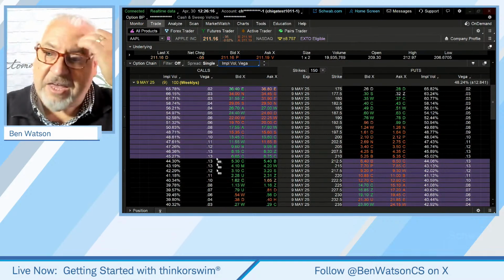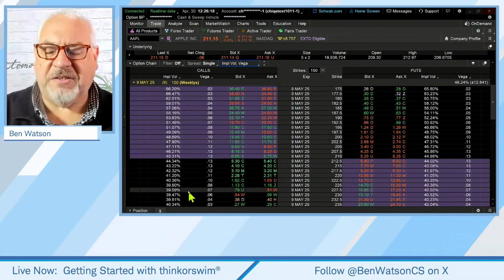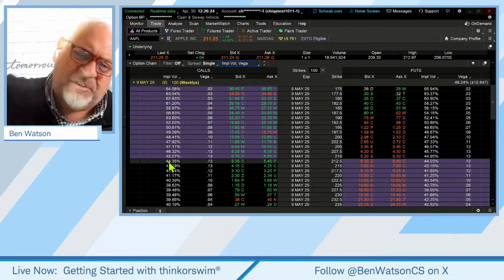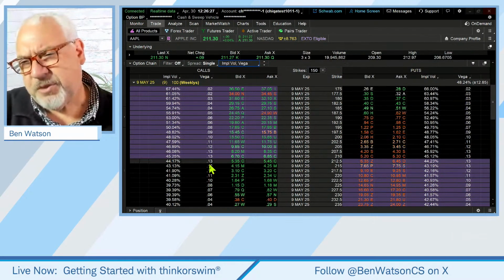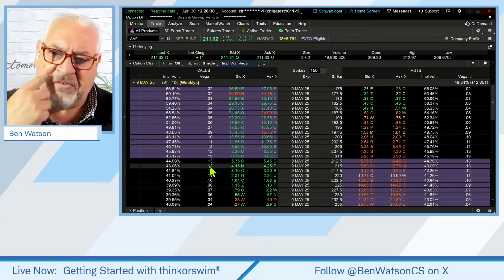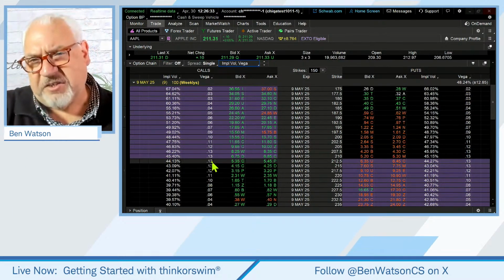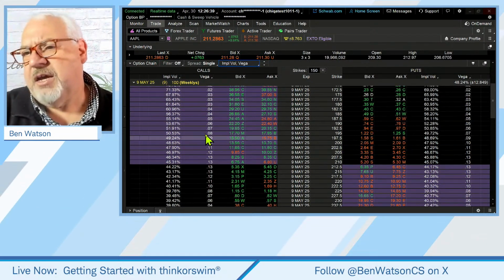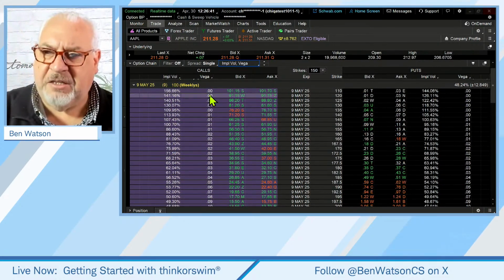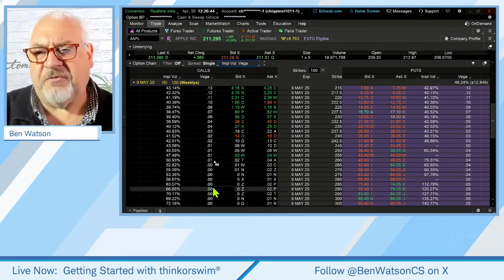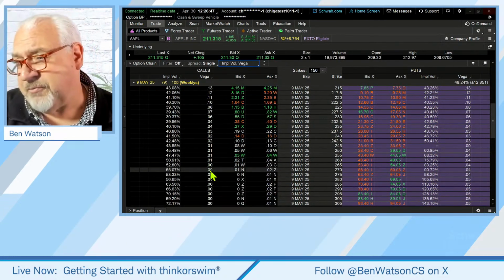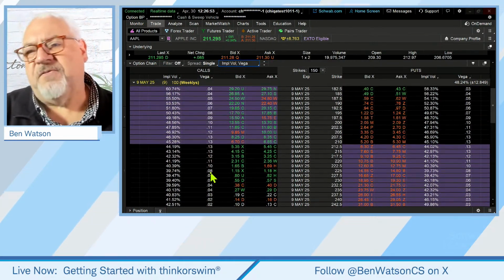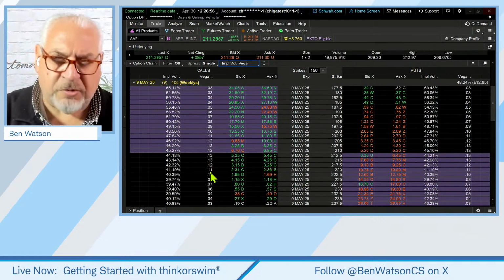So I'm seeing Vega relative to implied volatility. So if my lowest implied volatility is going to be right around that at the money strike, my highest implied volatility is going to be further out. Well, it's exactly the opposite for Vega. Typically, the highest amount of Vega, or the greatest amount of implied volatility sensitivity, is going to be centered right about the at the money strike. And that's going to tail off as we get deeper in the money. It's also going to tail off as we get further out of the money. In fact, we may get far enough out of the money that we don't see any sensitivity to implied volatility at all.